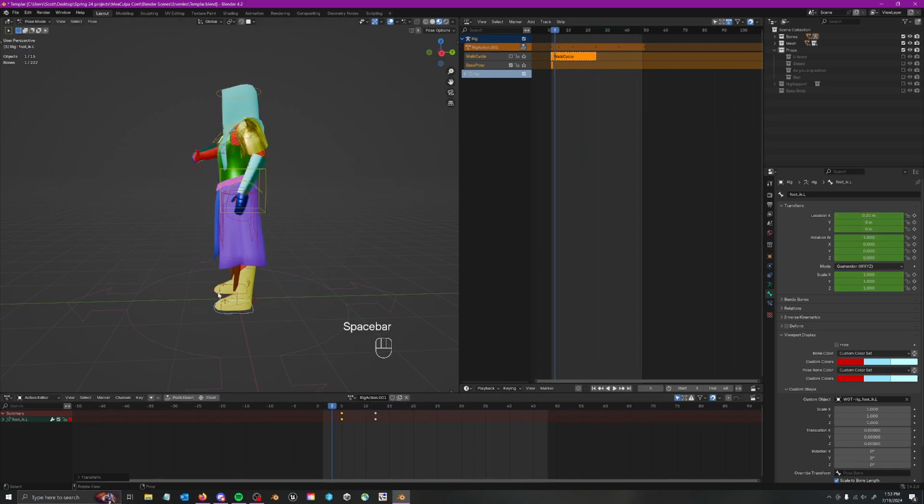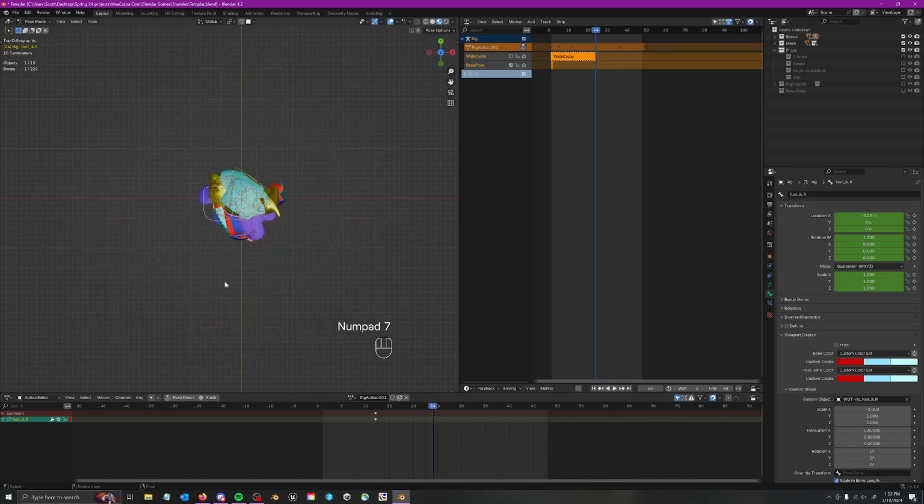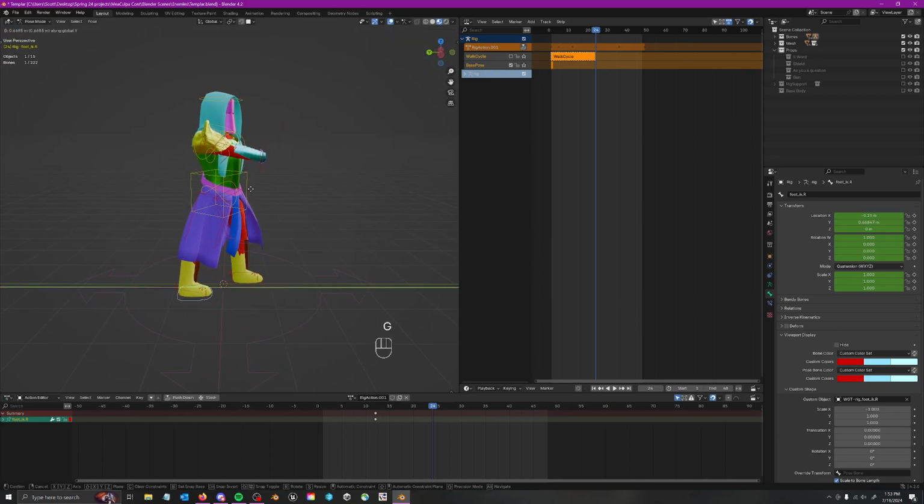Yeah, so we'll have this take a quarter of a second, and we'll do this foot over half a second. So we'll start this at 12, because we can't have both the feet off the ground at the same time, or it looks like it hops. And anytime the foot is moving, we got to bring it off the ground. So let's now take a look at 24, because we're gonna have it drop its foot back. So let's drop that leg back and pivot it out, right? And then